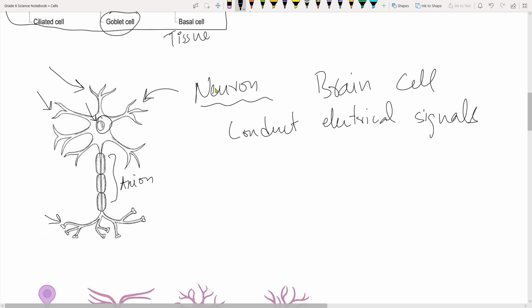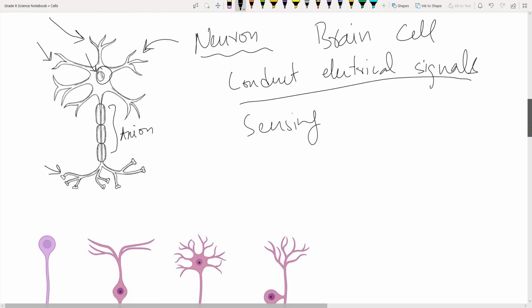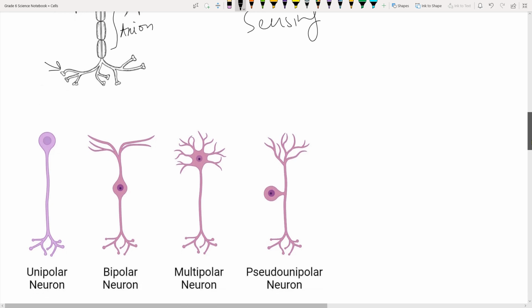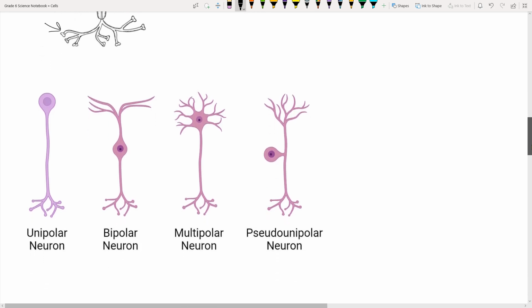So the general function, it's a specialized cell. The general function is to conduct electrical signals or to do the sensing and relaying signals from brain to the body and from the body back to the brain, depending upon what type of version is there. Now, during the workbook solution, you guys were not able to